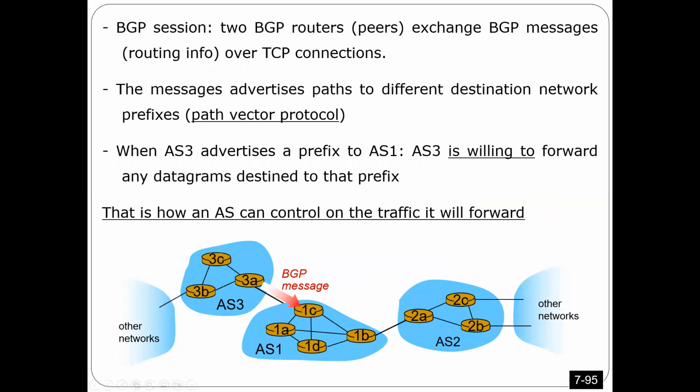So again, every router has to create a TCP connection with the neighboring router, okay? And then, as I told you, in the update message you have to send the routing information. So what do you mean by the routing information? For example, when ES3 advertises a prefix for ES1, okay? That means ES3 is willing to forward any data